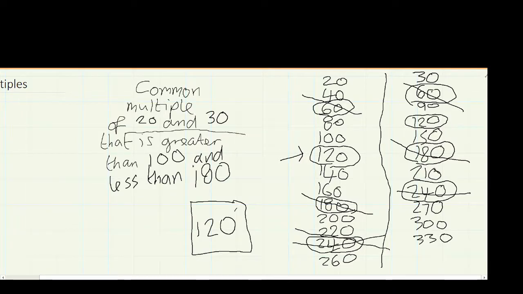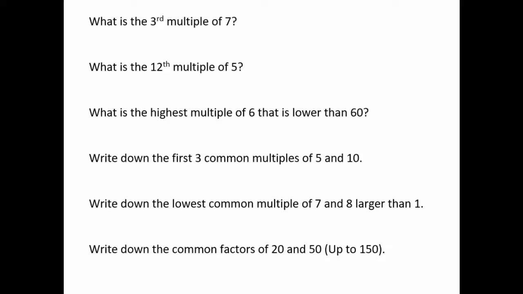And that question's got a lot of words in it, a lot of vocabulary that you need to know. But if you break it down and you do the simple steps that are provided here, you'll be absolutely